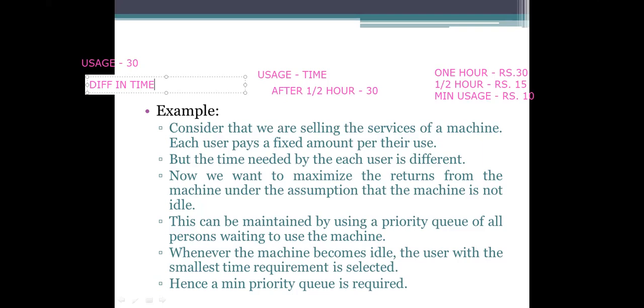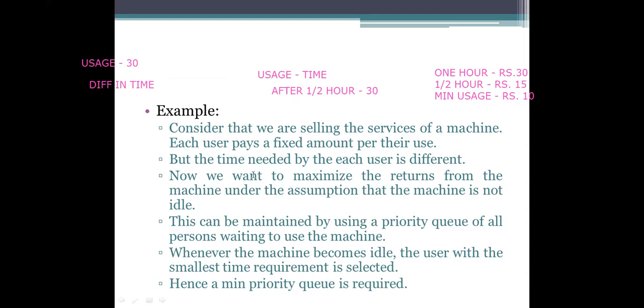For this time, I need to pay this amount. For this time, I need to pay this amount. If I point it out in a clear manner, then there is no problem. If I took 1 hour, 30 rupees has been paid. And again, if I take half an hour more, what do I have to do? I need to pay only 15 rupees. The service being provided is differentiated by the time and also the amount here.